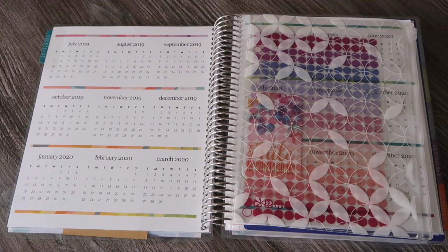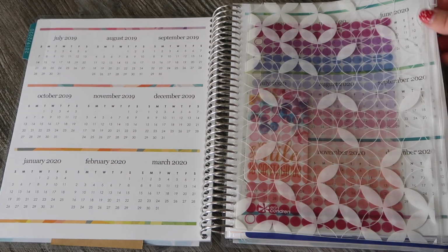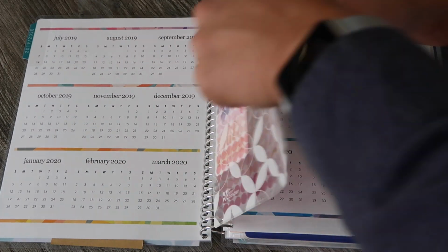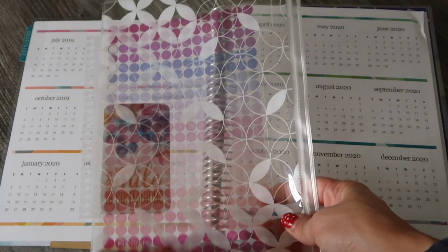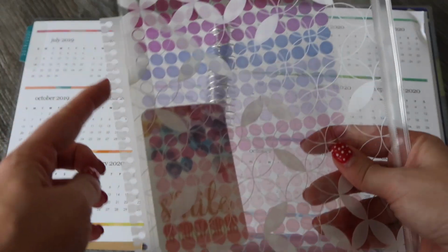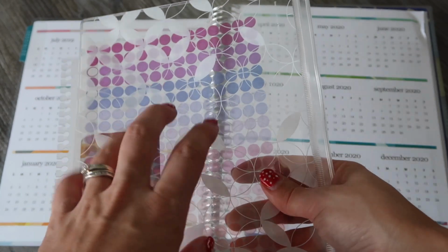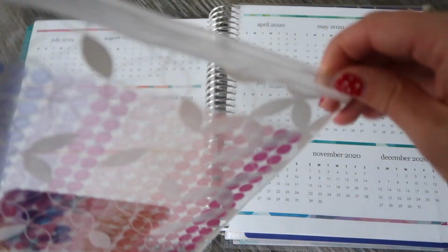Now, my thoughts here are that I'm going to use this for my children's schedule at school and stuff. So this is from last year's life planner. They used to include this zippy pouch, and you could coil it into your planner with a coil clip. As I think this is something I'll still use, I will be keeping that here. And what I've got inside,